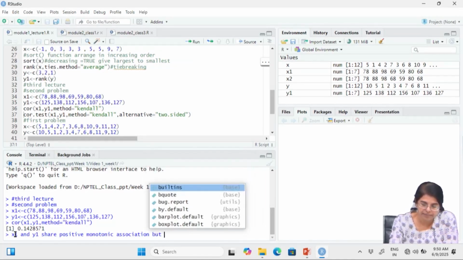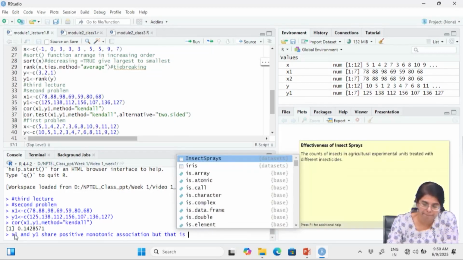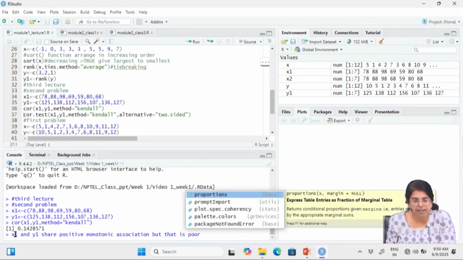So, what is the degree of association? Degree of association is poor. Why is it poor? See,